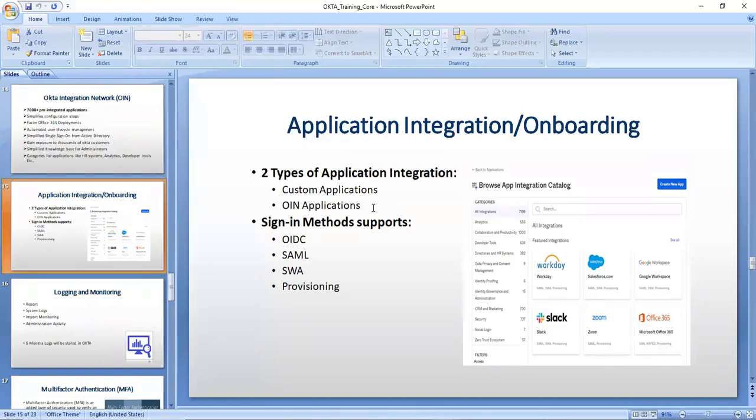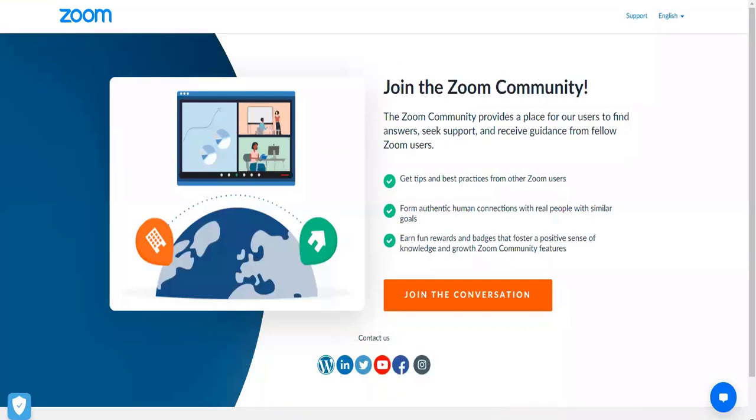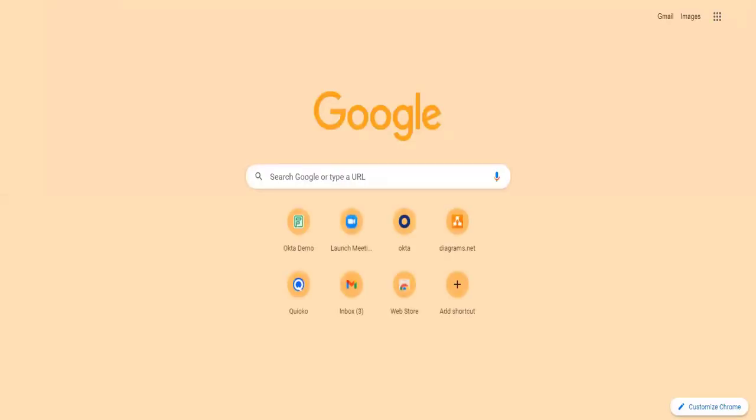If that application is supported by OAuth, you can directly go ahead and integrate with it. Before jumping into the sign-on methods that it supports, I'll give you some overview of how SSO works. I will start from the legacy SSO model, like, let's say, 15 or 20 years back, how SSO was working and how it is getting converted right now.